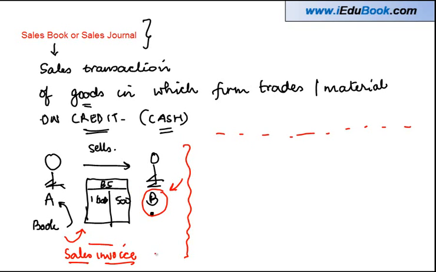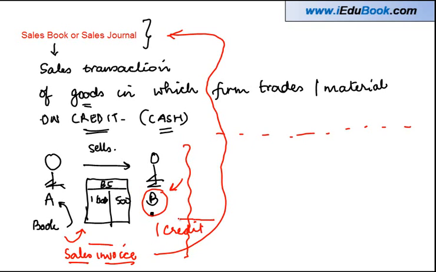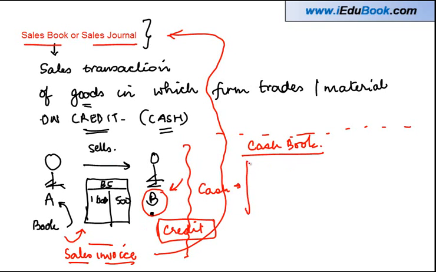Based on this book, the entry is made in the sales book or journal, provided the sale is done on credit. Obviously, if I talk about the example that we are talking, normally the bookseller will not sell you the books on credit. But assuming the sale has been done on credit, then this transaction will be recorded in the sales book. If the sales are in cash, they will go and be entered in the cash book, right? A sales book, typical sales book, will be something similar to the purchase book that we saw,